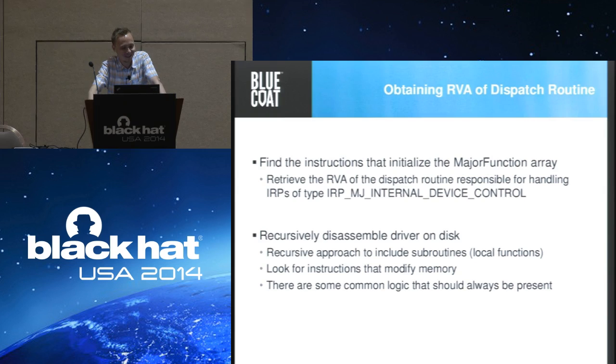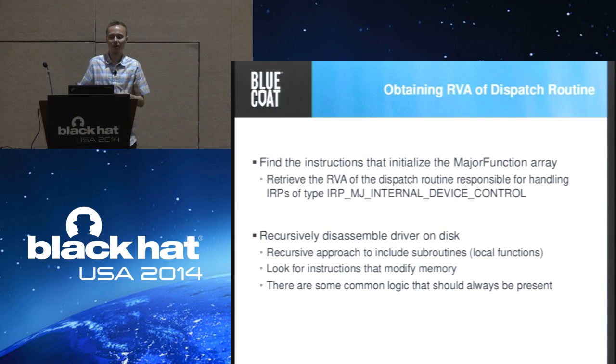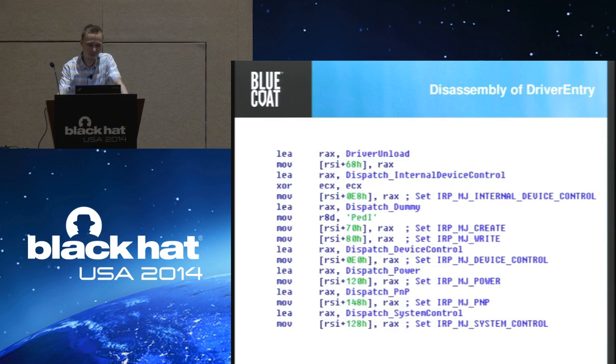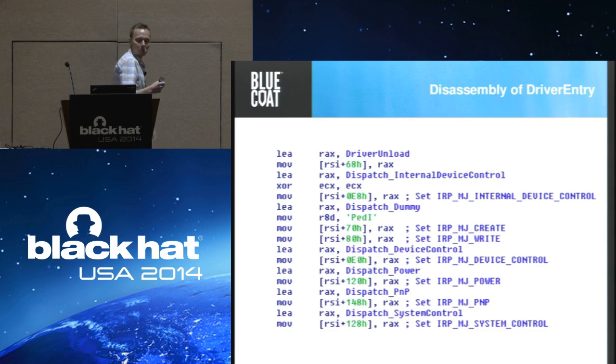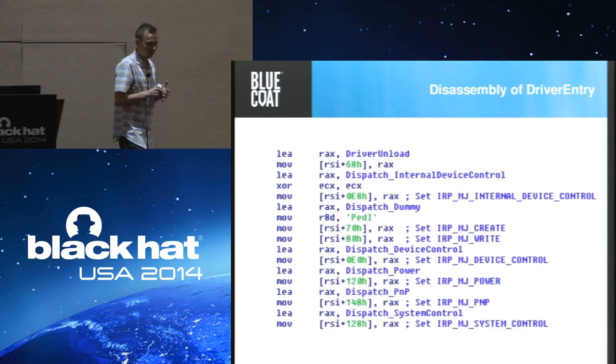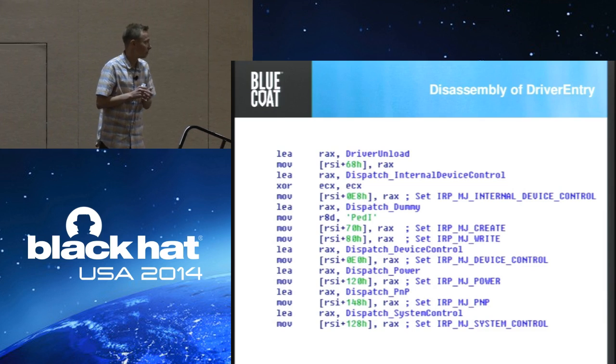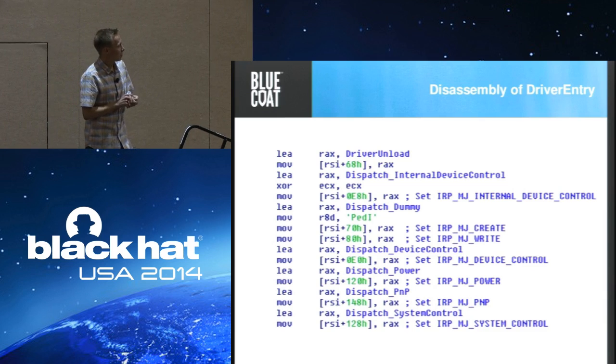Luckily, there are some common logic among the various Miniport drivers out there. So we can use that in order to find it. So this is a disassembly of an actual Miniport driver, 64-bit. So you can see that the logic actually is pretty much similar to what I showed you in the simplified example in C, right? So it will basically set up the various dispatch routines. So you see,